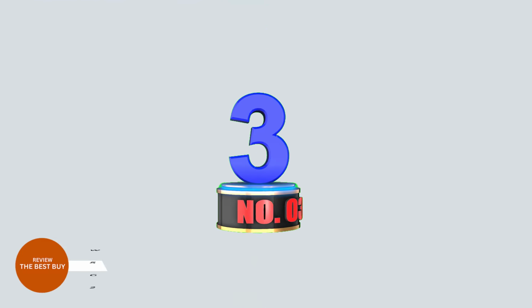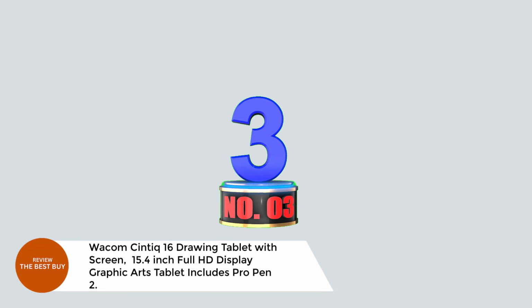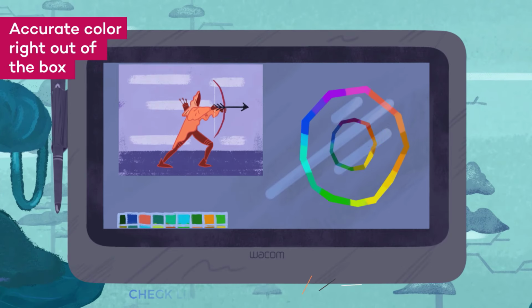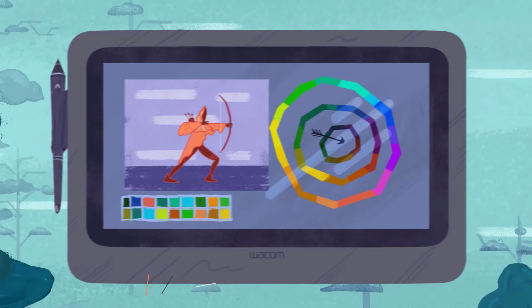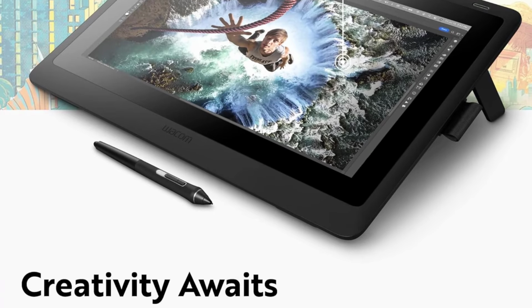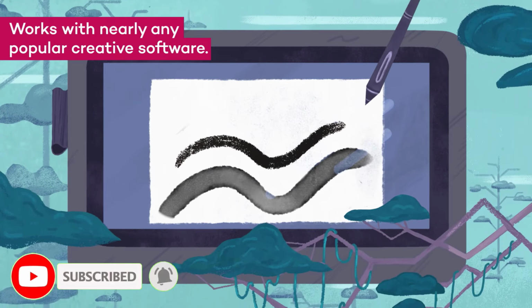Number 3. Wacom Cintiq 16 Drawing Tablet with Screen, 15.4-inch. Full HD display graphic arts tablet includes Pro Pen 2. Unleash your creativity with the Wacom Cintiq 16 Drawing Tablet, a powerful and intuitive pen display designed for artists, students, and creative professionals. Featuring a 15.4-inch Full HD anti-glare screen, it delivers crisp visuals, vibrant colors, and reduced parallax for